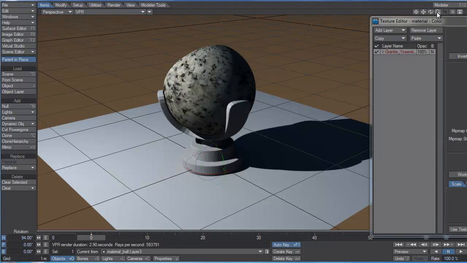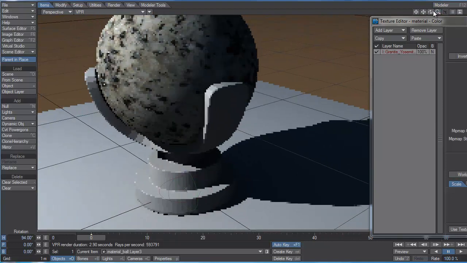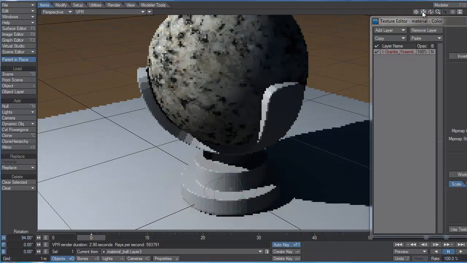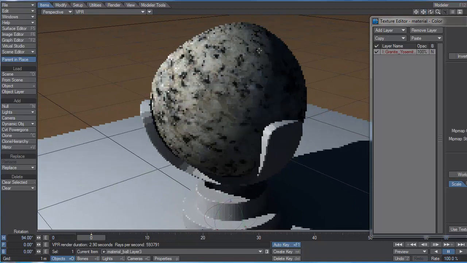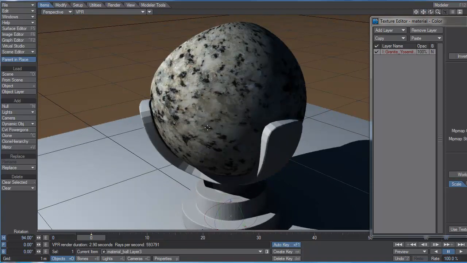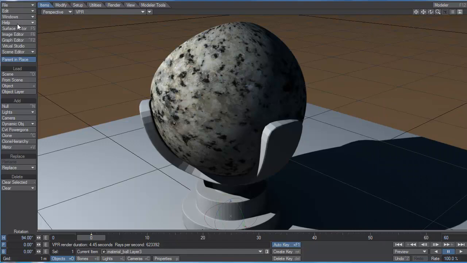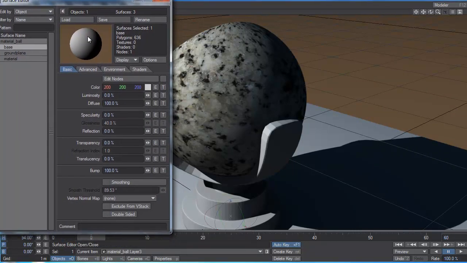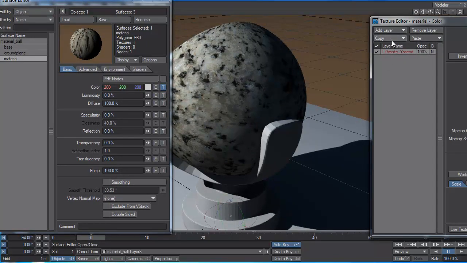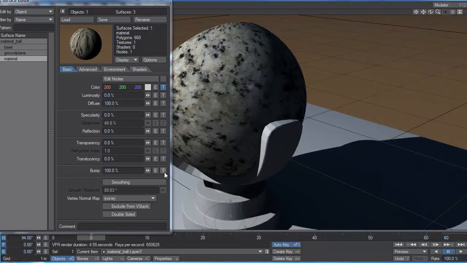But if we get close to it at all, once again we're going to see that there's no displacement. Now it's possible that this could be a pretty smoothed granite ball, and we might even buy that. But in this case we want to put a little bit of displacement and or a bump on it to give it a little more of a rough, stony feel. So let's open our surface editor again and go to our material, and we'll copy just like we did in the previous examples. We'll copy the selected layer, drop it in the bump map,